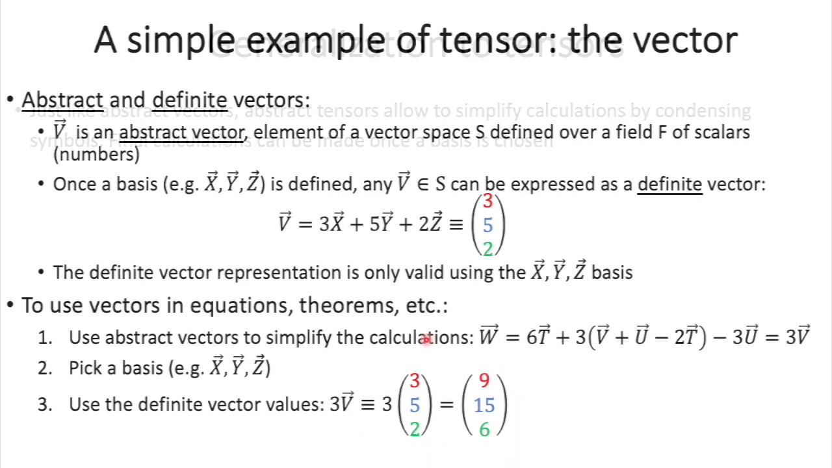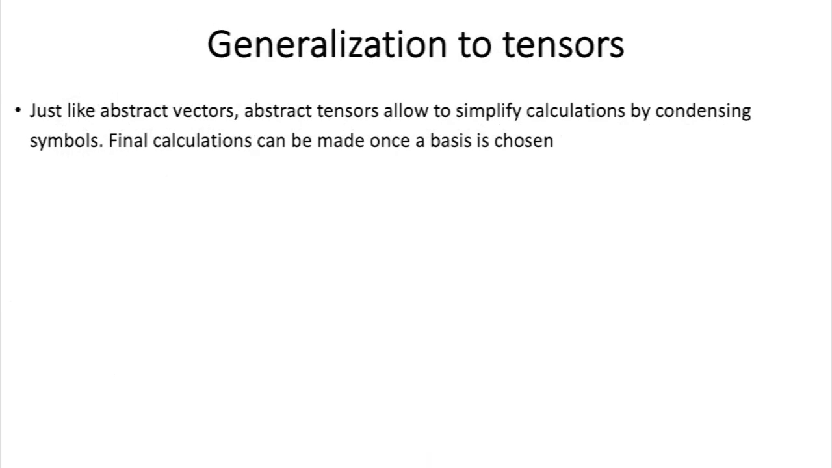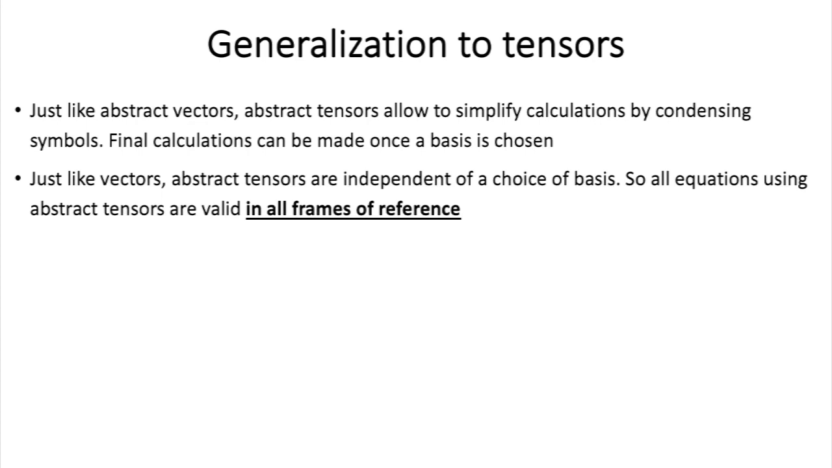and you apply your equation using those values. And just like abstract vectors, abstract tensors allow us to simplify calculations by condensing symbols, and also not worrying about the components of the tensor until you actually need to make the final calculations. And of course, that happens once you have chosen a basis. And just like vectors, they are independent of a choice of basis. And so that means that all equations using abstract tensors are valid in all frames of reference. And this is exactly what we want in relativity, for instance, and we'll see that in detail in another video